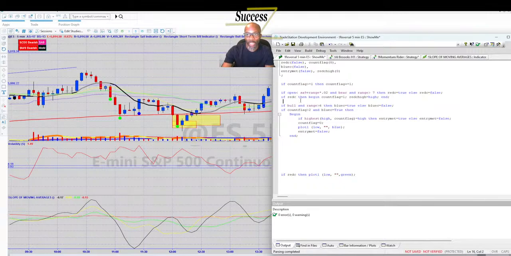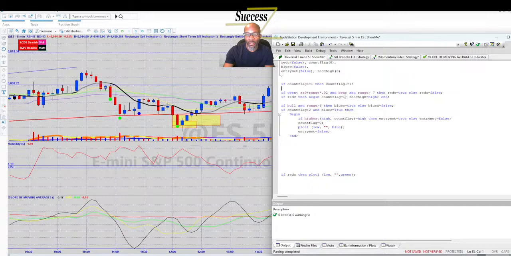Okay, and now we're going to say in between this space, yeah, we got that red candle high, but also if, and because we're counting the flags as well, so on the subsequent iterations, when it comes back around, even though we're adding 1 to the flag, and that's fine, but we're going to say